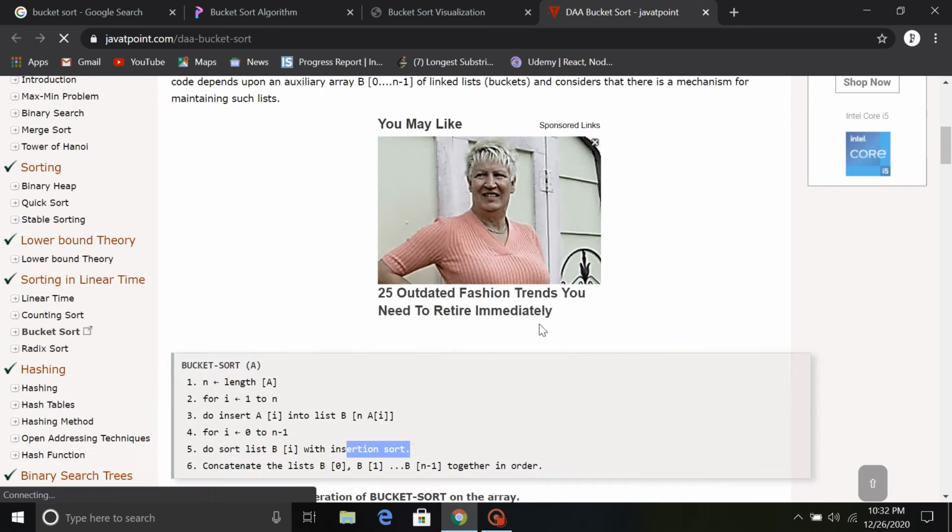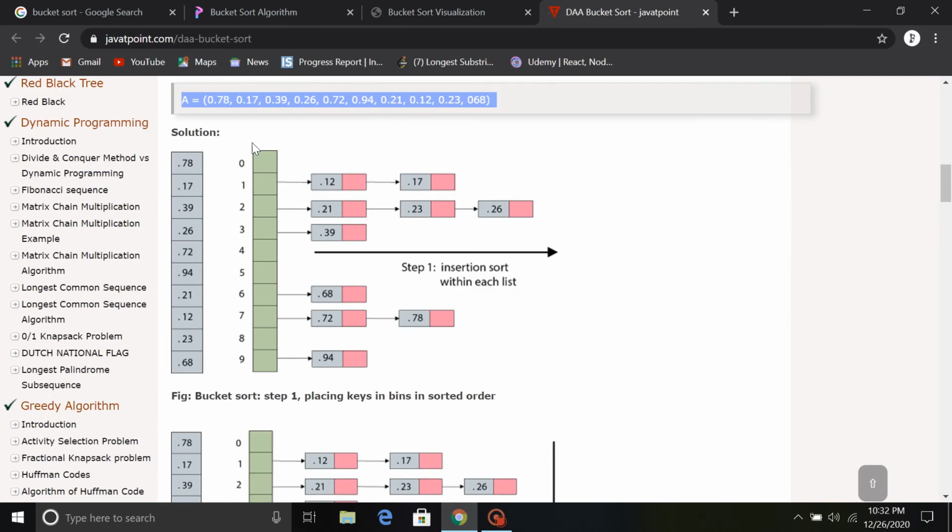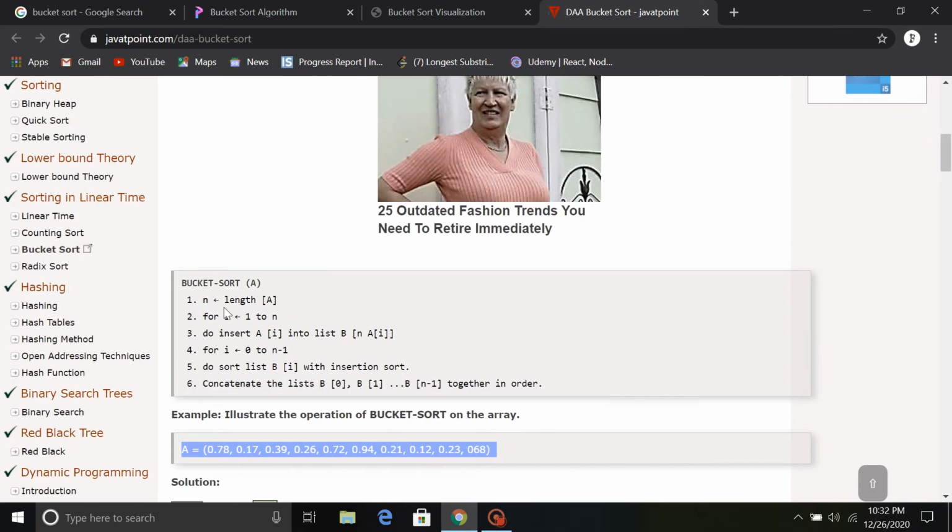So here, firstly we are creating an array that is given. We have given an input array. Here we have created the input array, and now we are storing the length of array A into n, and we are iterating from i equal to 1 to n, and now we are inserting the elements of A[i] into the list B,